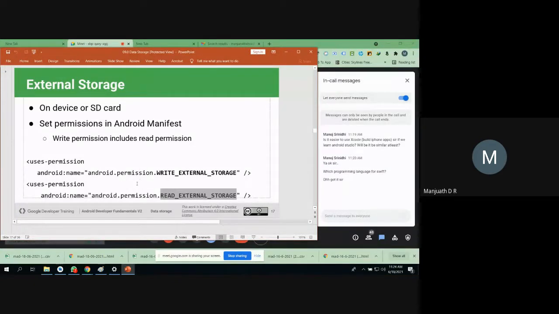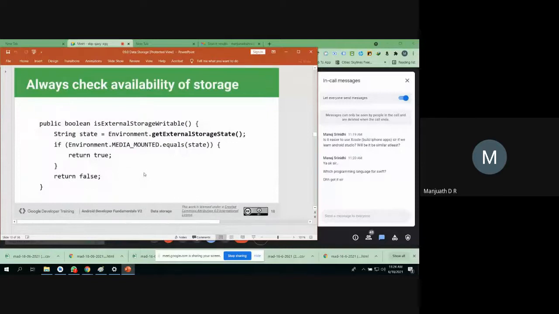Because external storage is completely outside of your mobile phone, right? If you mount your memory card or a USB, whatever it is, first we need to know whether the device is mounted or not. How are we going to know? We want to get the state of that. There is a method called getExternalStorageState. Using this method, we know whether the particular external storage is actually mounted in your mobile phone or not. Mounted means you have attached it to your mobile phone. It always returns a Boolean value, true or false. If it is mounted, it returns true, otherwise it returns false.